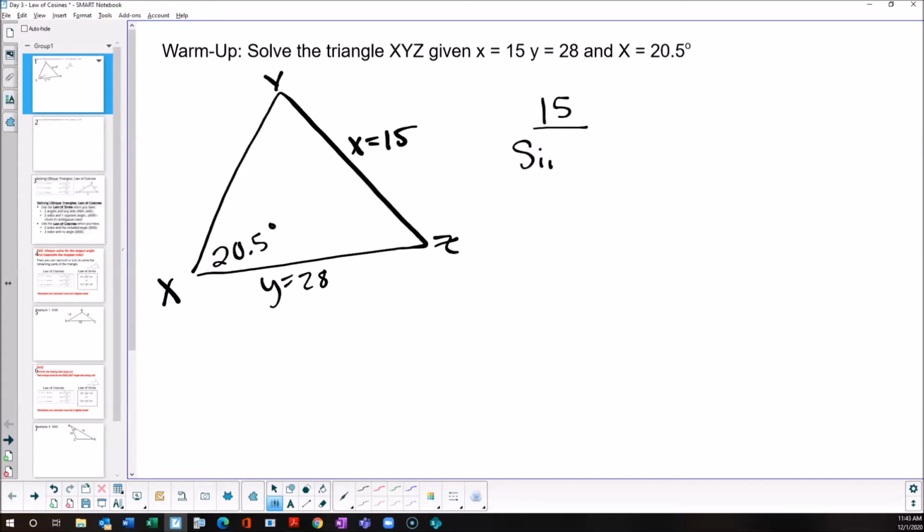15 over sine of 20.5 is equal to, and I don't really have any other option, right? I have to use y and then the sine of y. And so I'm going to cross multiply. And what do we get for y? Did you get y is equal to